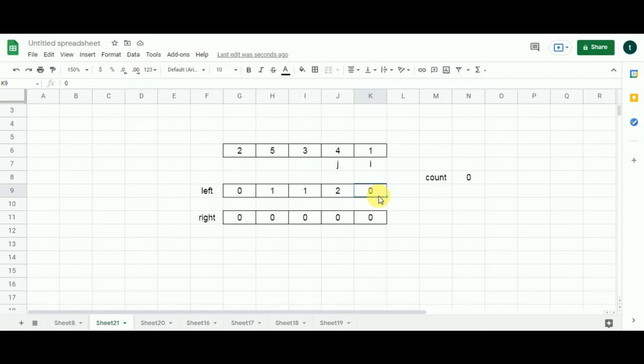So for any current rating, we are going to determine how many ratings on the right of it are lesser than it. Let's do that. Since we are filling the right array, the two variables will now be moving in the left direction. So I will be moving in the left, and j's base position will be the last cell of the array, and it will continue moving towards I in the left direction.